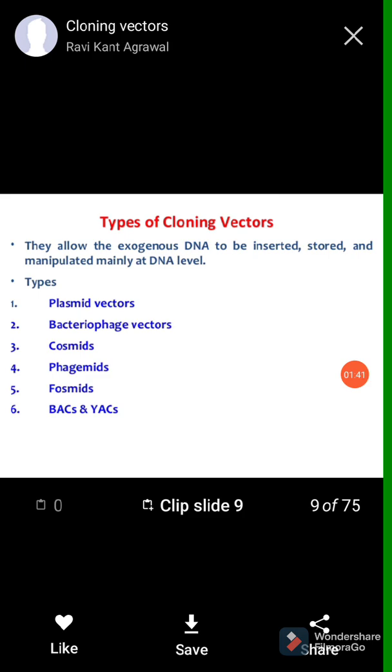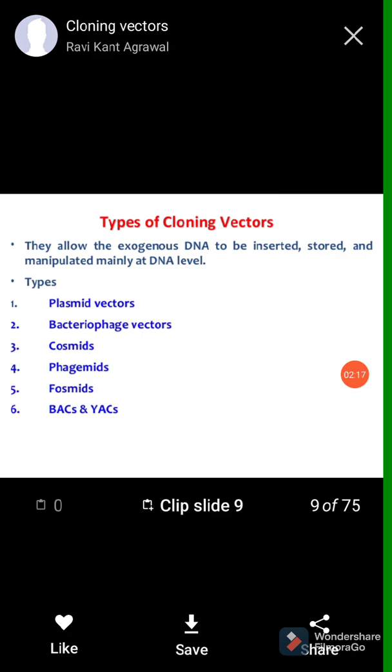Now, one of the examples which we are going to study in detail, the lambda phage vector, is a bacteriophage vector, and a TI plasmid is a type of plasmid vector. Next, coming to the cosmids, they are the hybrids between the plasmids and the bacteriophage vectors. They are hybrids between these first two vectors, and they are